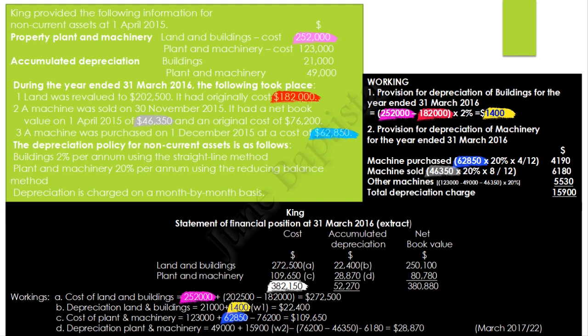Working D. Accumulated depreciation of plant and machinery is equal to $49,000, which is the original figure, plus $15,900 depreciation for the year as per working 2 minus accumulated depreciation of machinery sold minus depreciation for the year of machinery sold